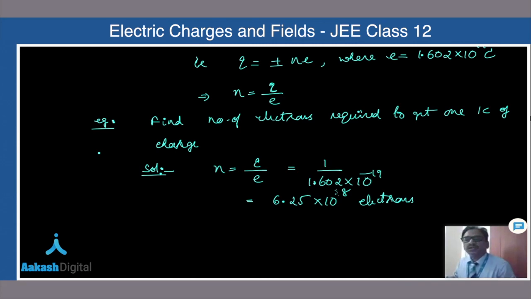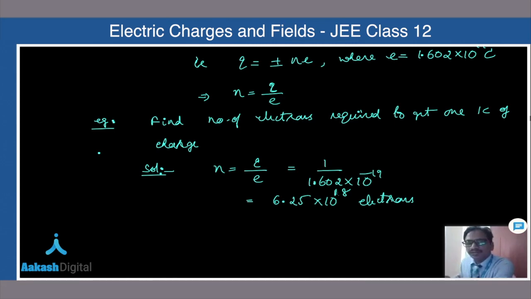Come on, students. So now tell me, is 1 coulomb of charge a small charge or a big charge? Yes, very good. 6.25 into 10 power 18 electrons are required. That means a large number is required. Later in capacitors also, a 1 farad capacitor is very big in size. So there are some concepts based on the magnitude of this. Okay, right now let us move to the next.